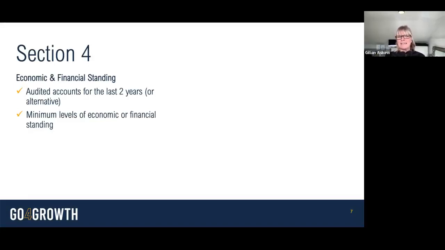It will be very clear in the documents that accompany the procurement what the minimum thresholds are and how they work and what to do if you don't meet them. So if you have any questions on that, you should be able to find the information from the procurement documents themselves.